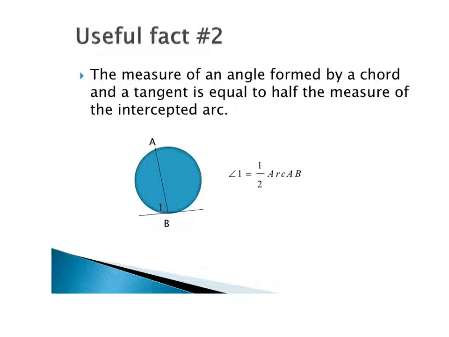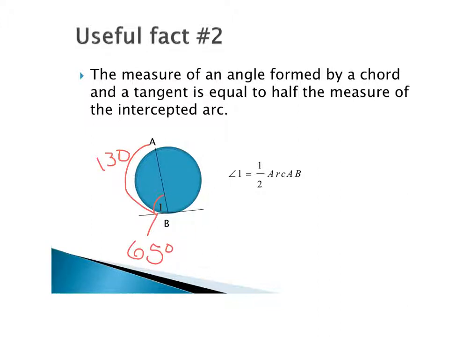So for example, if I told you that this arc measure of A to B was 130, how much would angle 1 down here be if it's half the measure of the arc? Angle 1 would be 130 divided by 2,